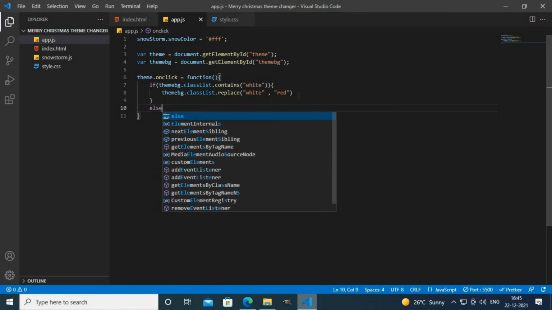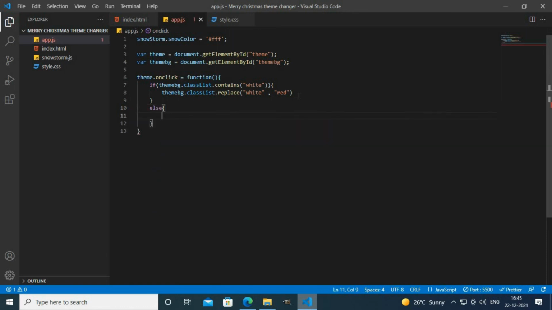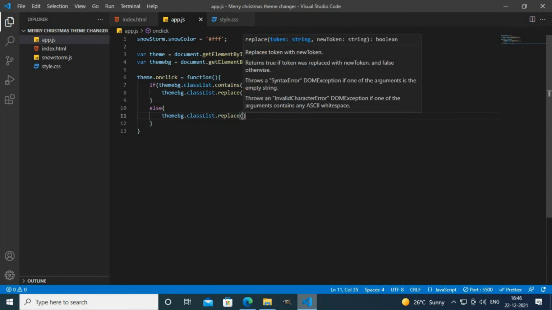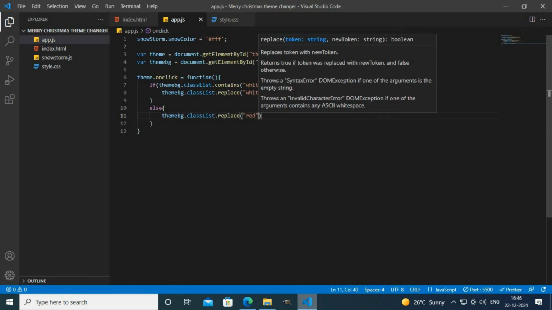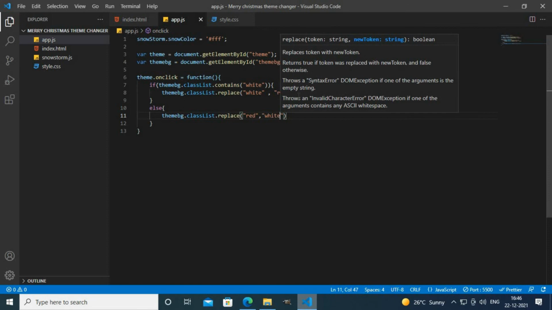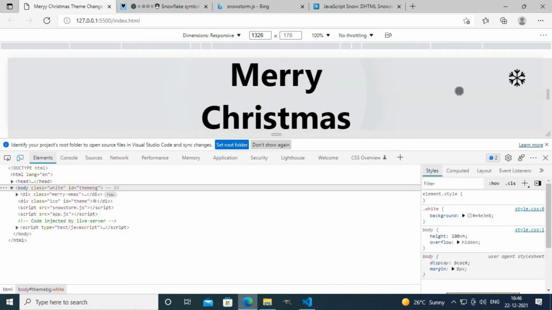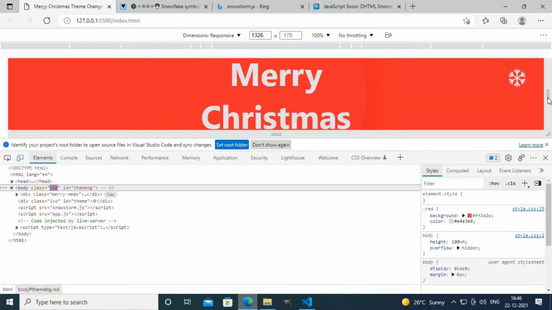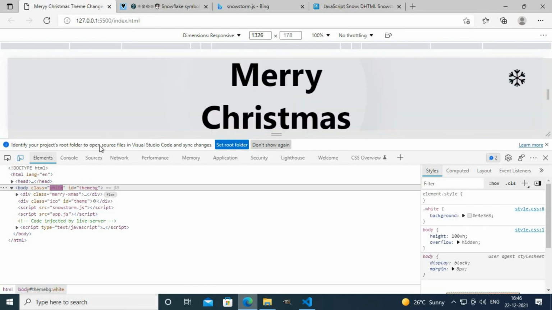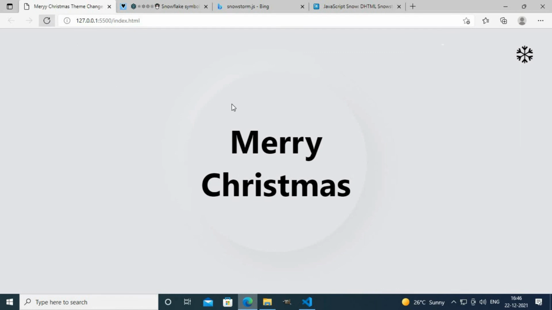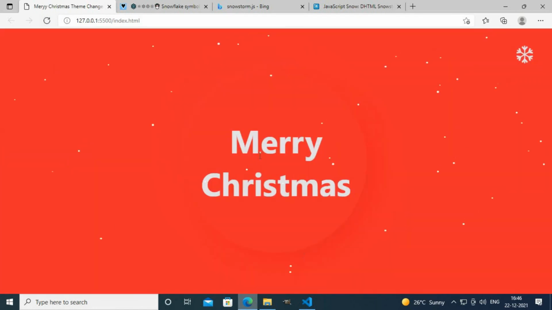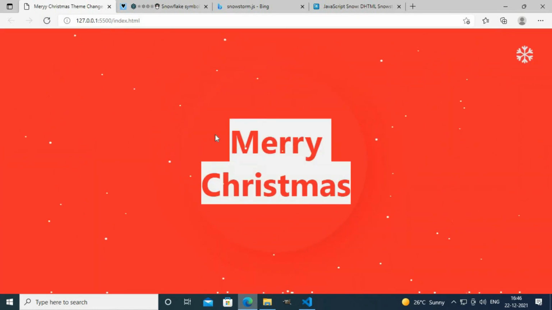Then else, themeBg.classList.replace red white. So now if I click this button, the theme changes to red, and if I click this button again, the theme changes to white. So this is how you can create a custom snow effect,